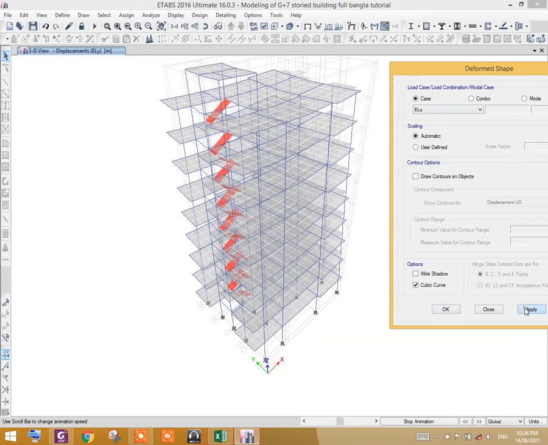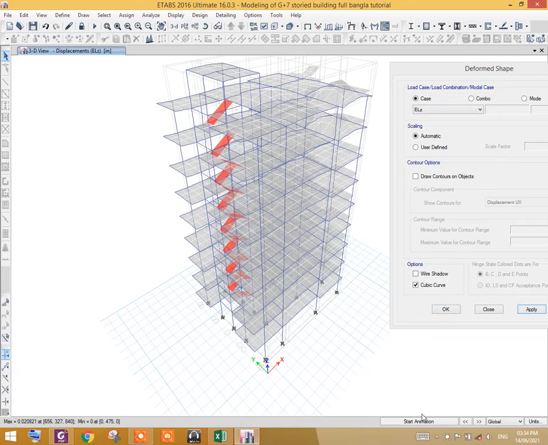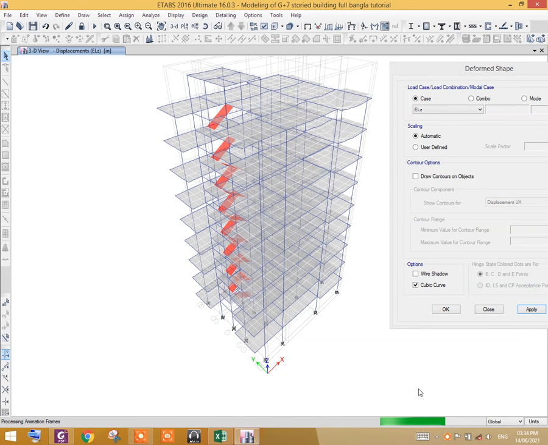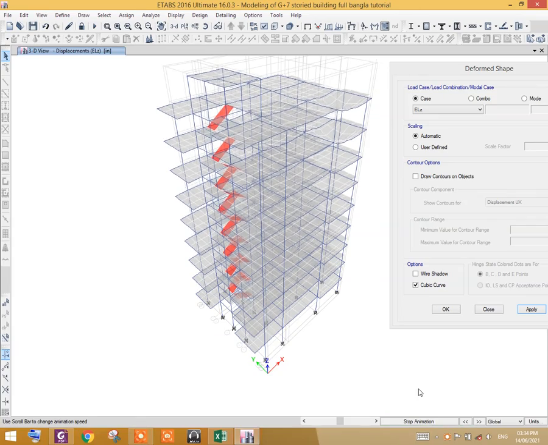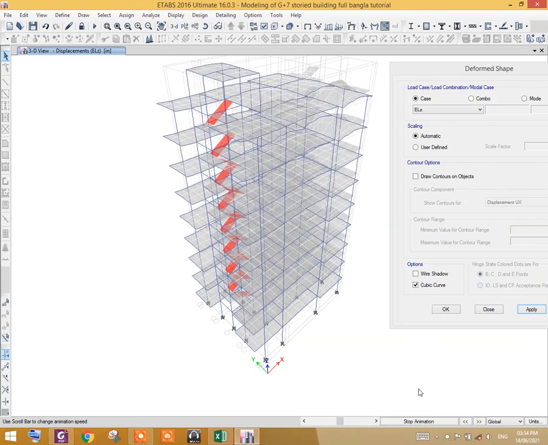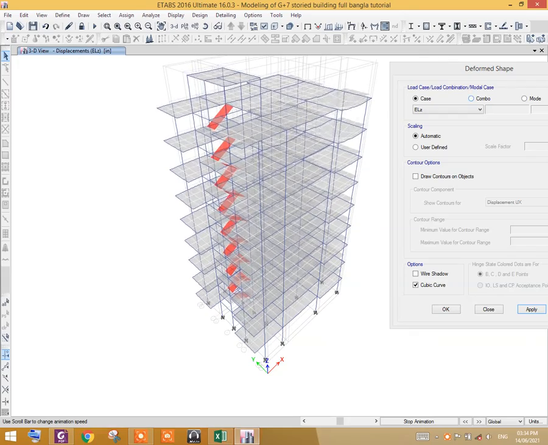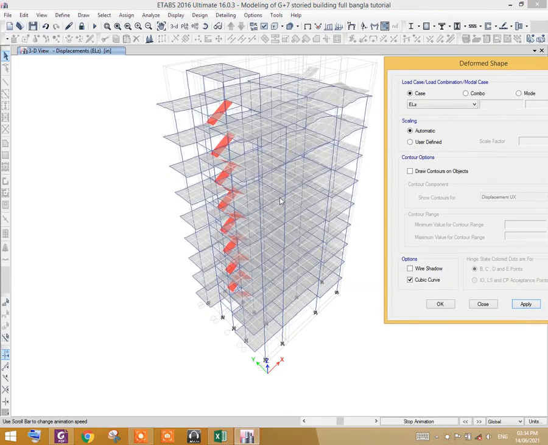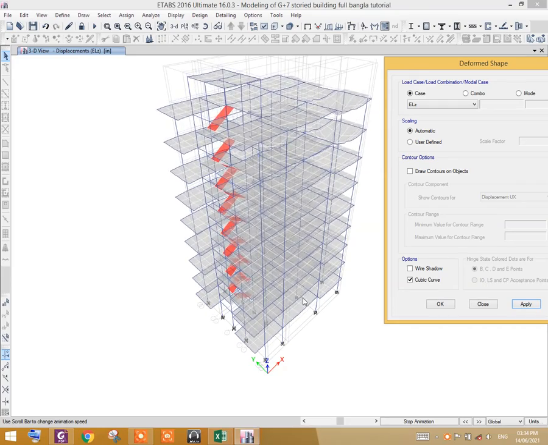Apply. That's how it behaves when vertical ground acceleration excites the building.